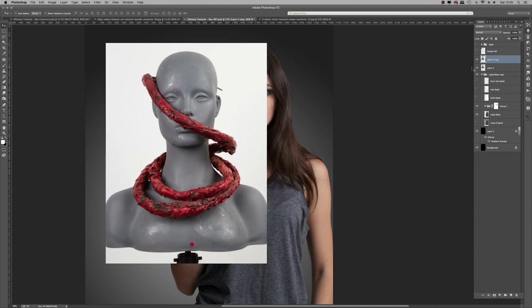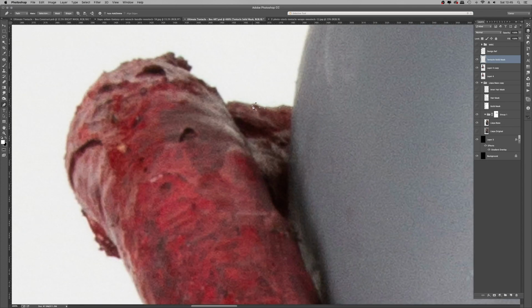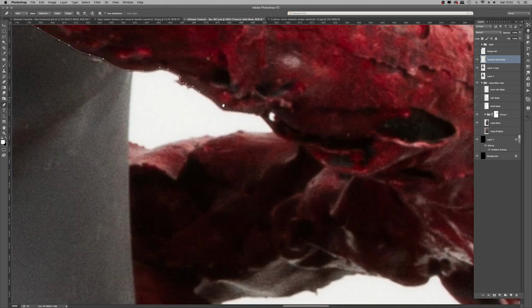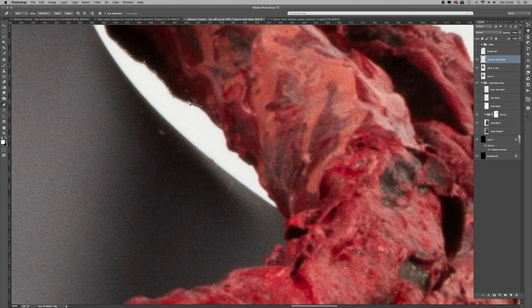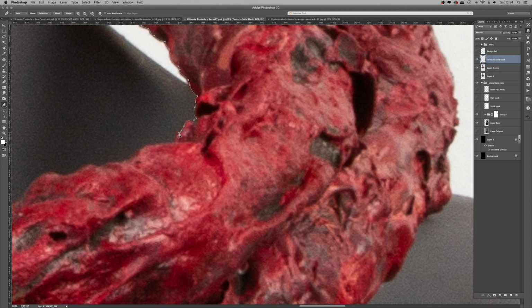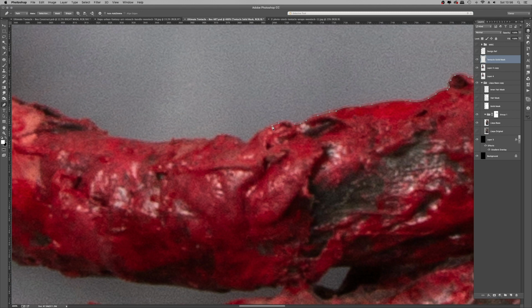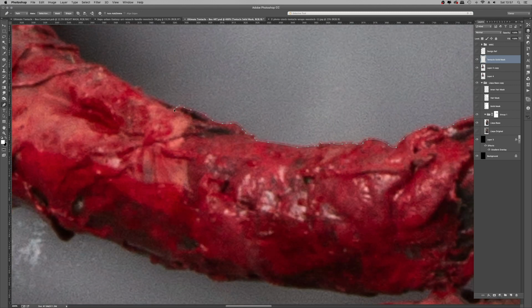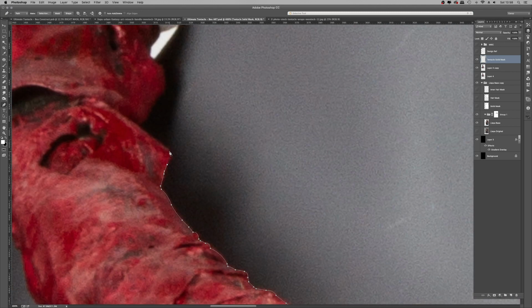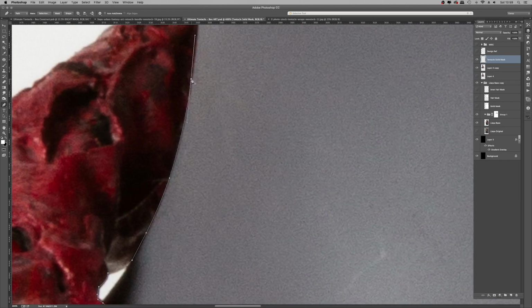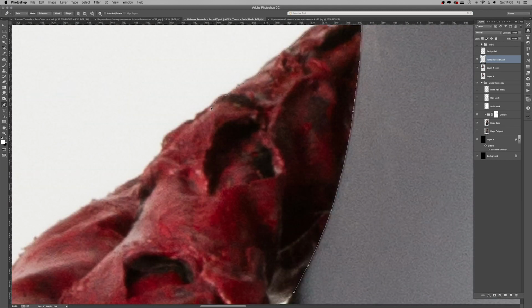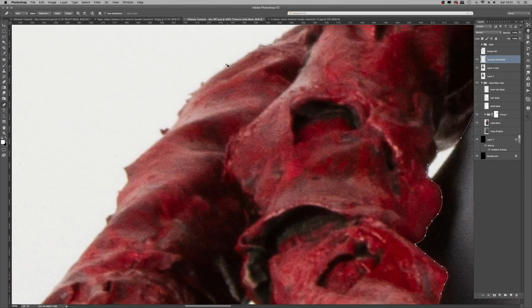Once there's a rough idea of that stock image being the right size, then as before, because it's a solid object, I like to use the pen tool and cut around the solid areas. Sometimes I create a mask layer, sometimes I just right click and go make selection, and then Command and J to copy and paste just that selection onto the layer above. The more you can use shortcuts, the faster your overall workflow will be.